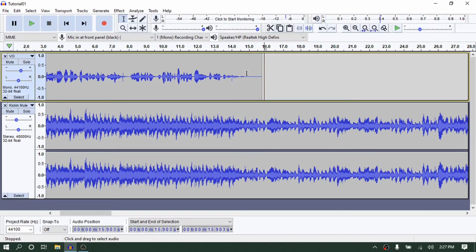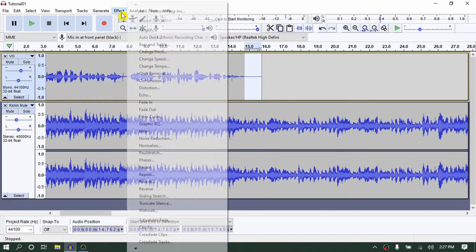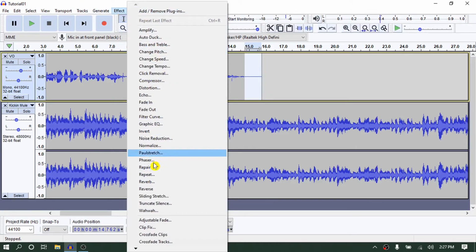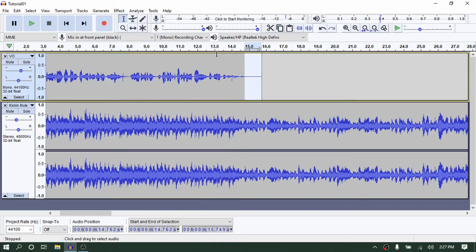All right, so I'm just going to take here where the end of my talking is, and I'm going to select all the way to the end of the clip. When that yellow line lights up, means I've got the end of that segment. And then if I come up here to effects menu, these are all different effects you can use, and they have fade in and fade out. Actually, you can see they're in alphabetical order: A, B, C, D, E, F. Fade in, fade out. So if I hit fade out, now if I play this,